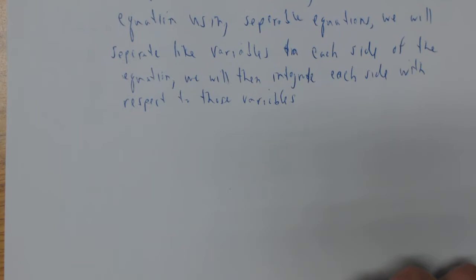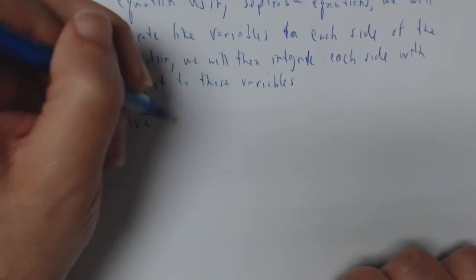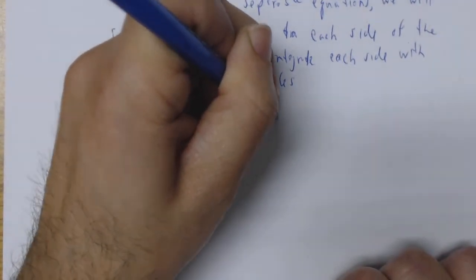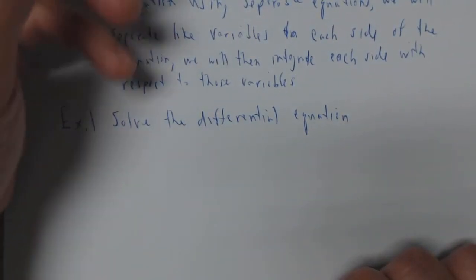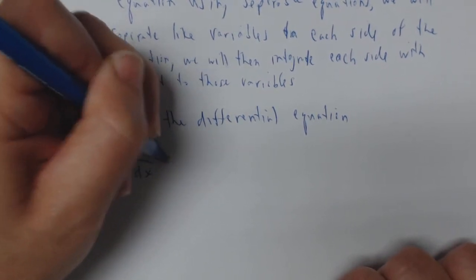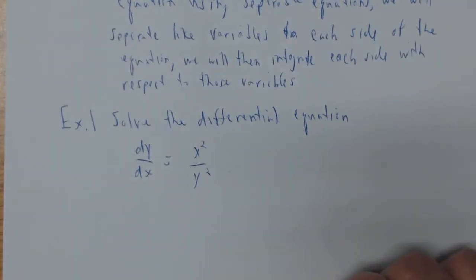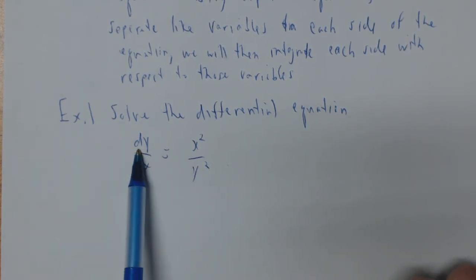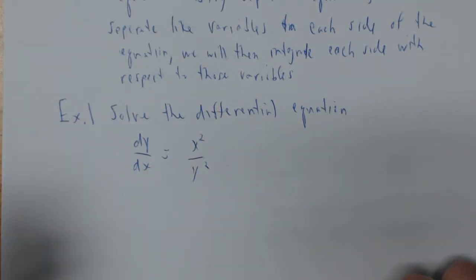So let's just look at a couple of quick examples and then we'll be done with this. So the first example would be: solve the differential equation dy/dx equals x squared over y squared. So what you notice is what I want to do now is I want to separate the variables. And what's nice is I could put the y's on one side and x's on the other. So if I multiply both sides by y squared and multiply both sides by dx,